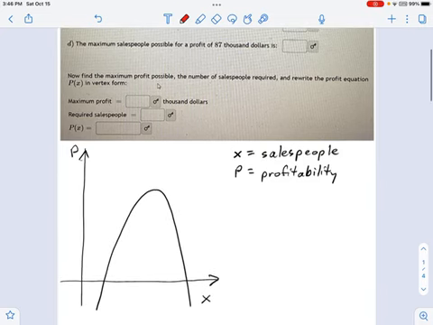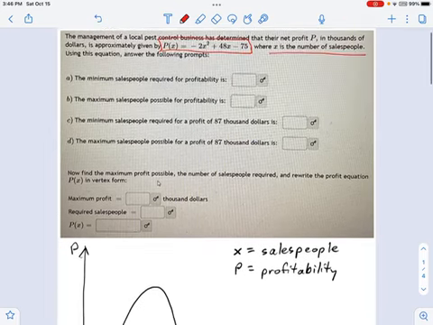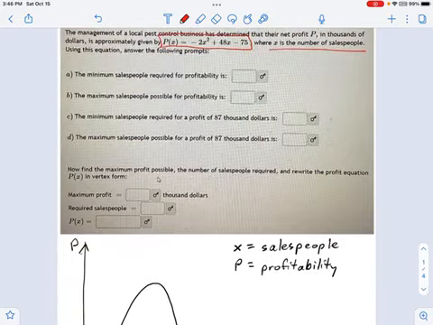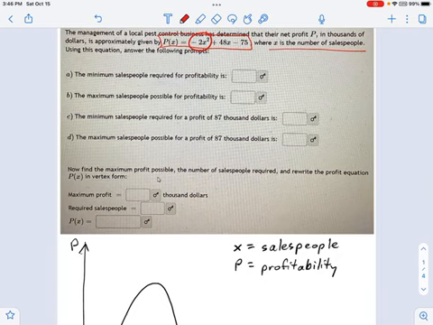Okay, so what I've done down here is I've plotted that equation, P of X. And you see it's a negative even type function, right? It's going down and down. And you can get that from the fact that this quadratic has a leading power function of negative 2x squared, right? So that's my clue that this is an upside down parabola.